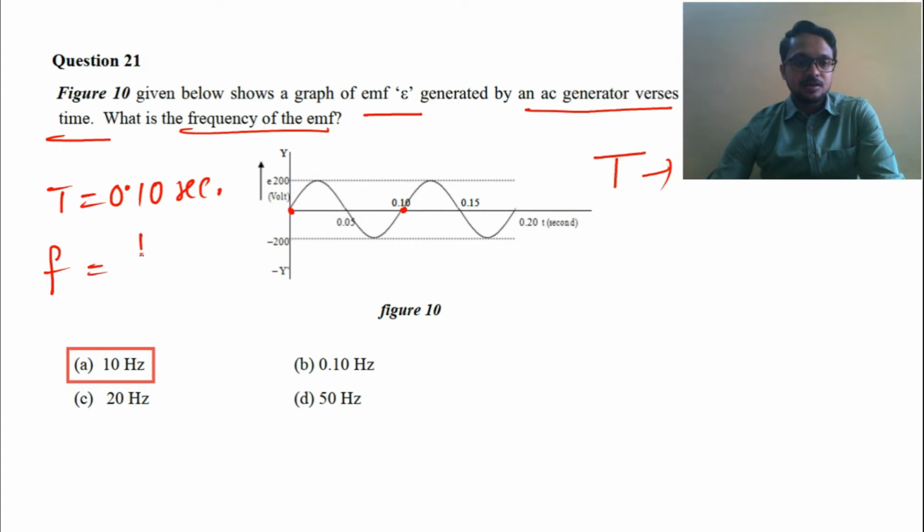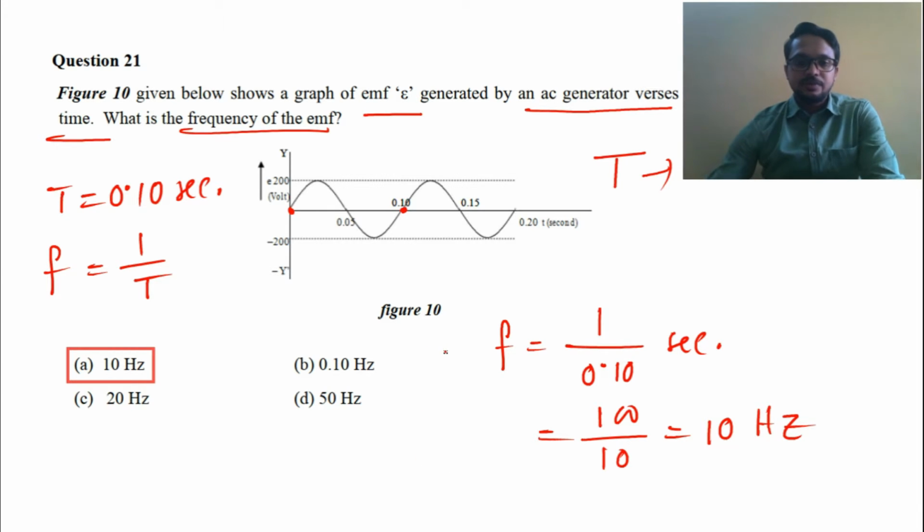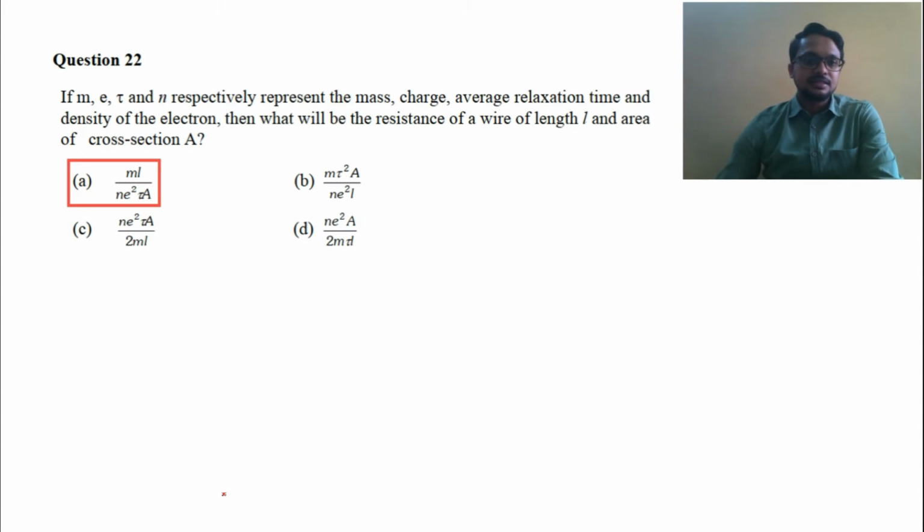Now frequency means what? Frequency f equals 1 by time period, we know. So f equals 1 by 0.10 second, that means 100 by 10 second, so 10 hertz. So frequency will be 10 hertz. Fine. Next question is this: m, e, tau and n respectively represent the mass, charge, average relaxation time and density